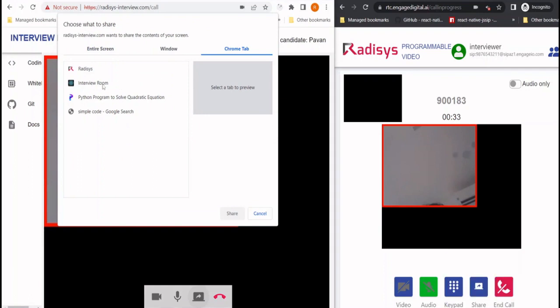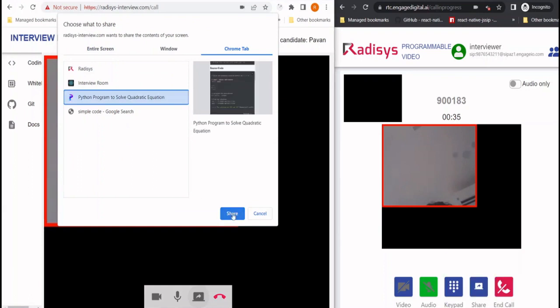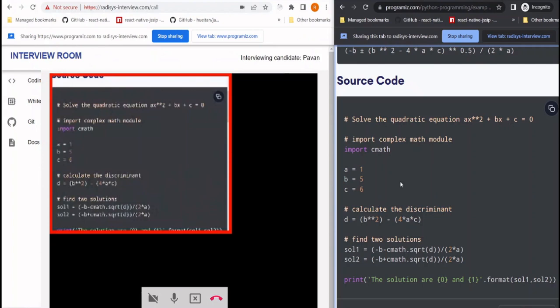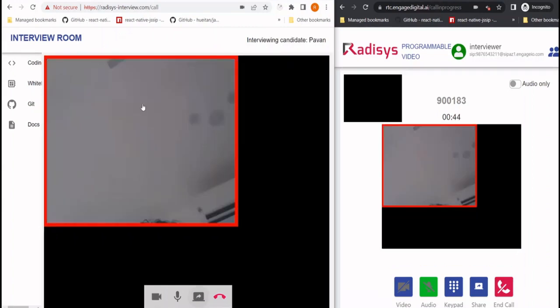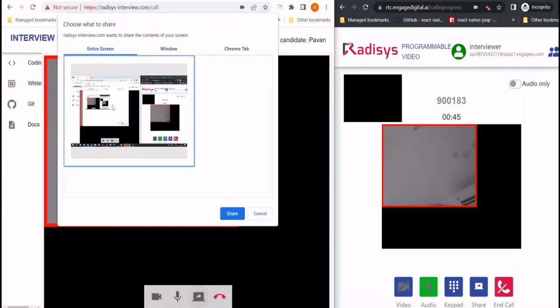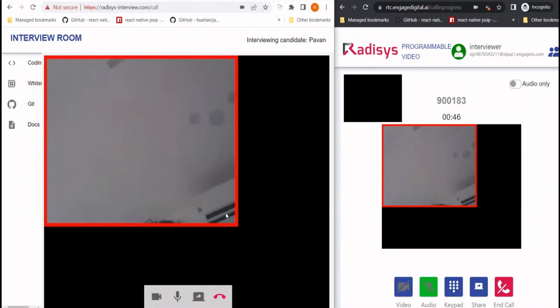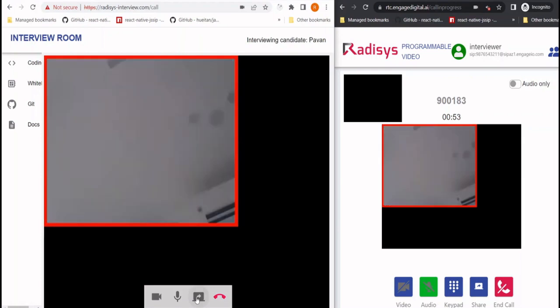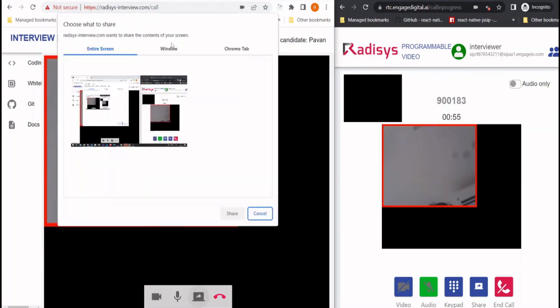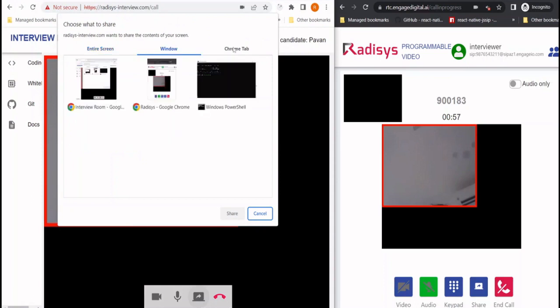I'll be selecting some Python program here. We can see this particular section will be seen by the interviewer. Even he can stop sharing and share anything else. Maybe he can share his own screen, the entire screen as well. Since my whole screen is being selected, everything is looping here. Let me select another tab just to show you. He can select any other tab also. For example,